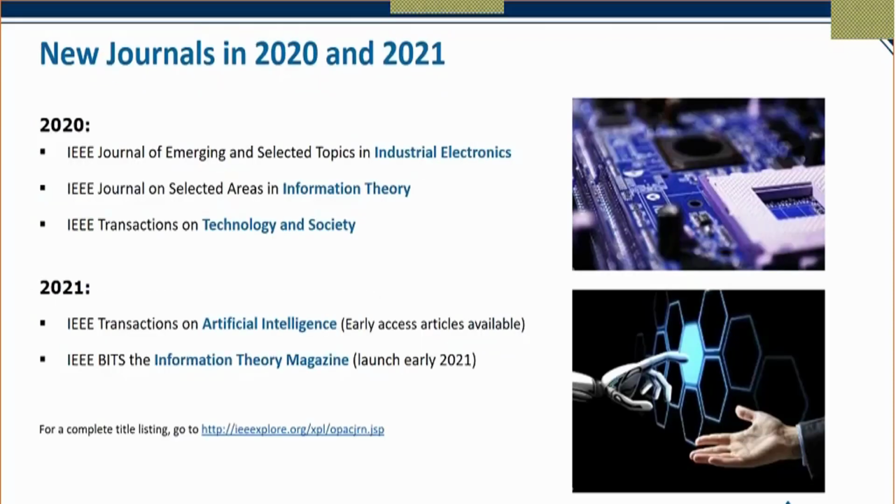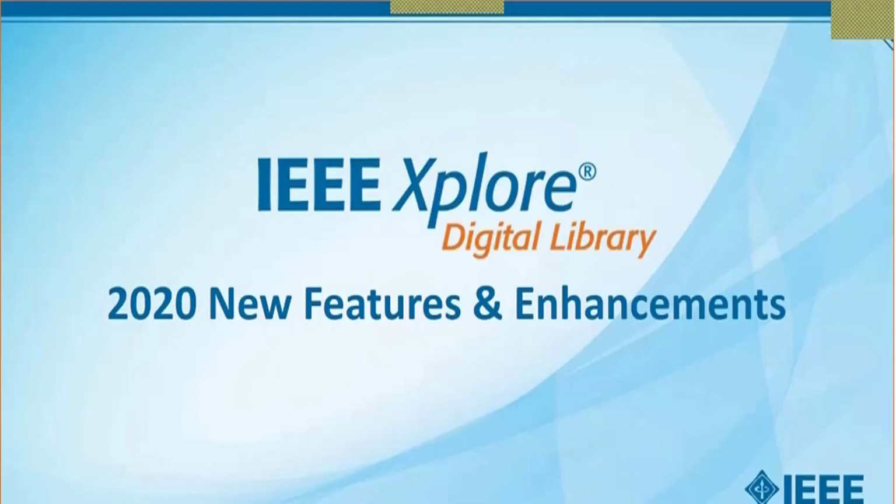New journals in 2020 and 2021. These will be included in the Rutgers full text subscription to IEEE Xplore. Now let's talk about 2020 new features and enhancements. But before we do that,